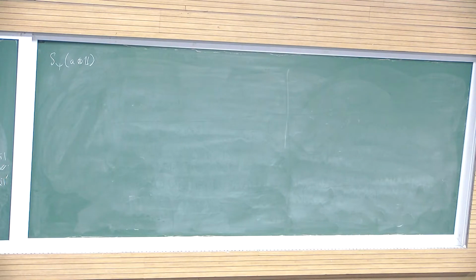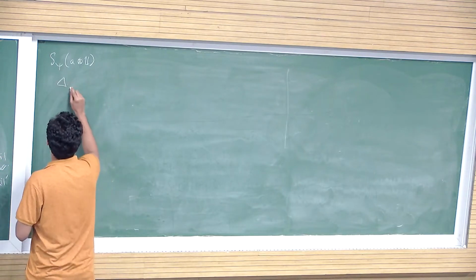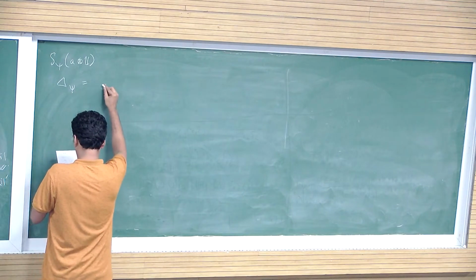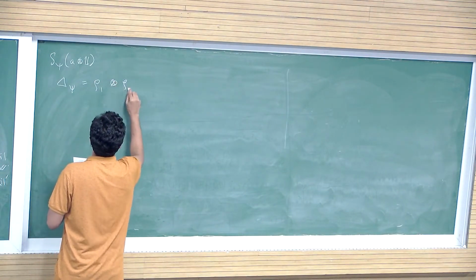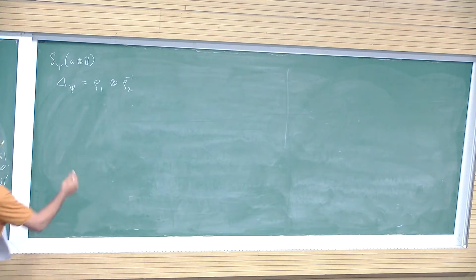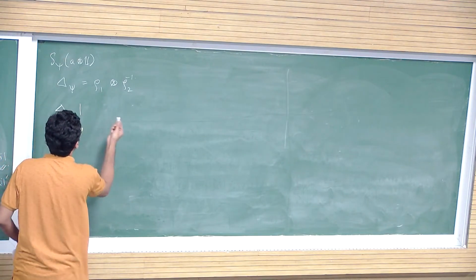So using these three, what one can see is that this delta psi is nothing but ρ1 tensor product ρ2 inverse. Right? All you have to do is add this on